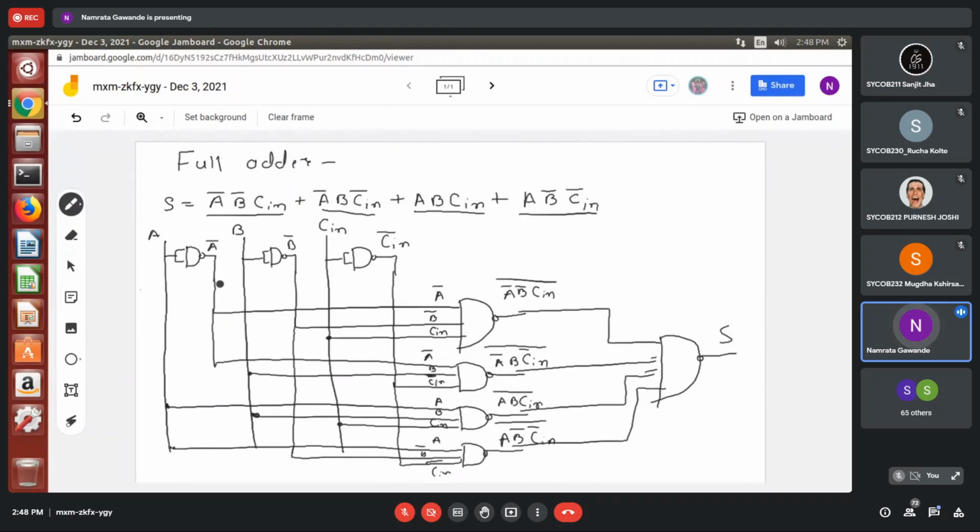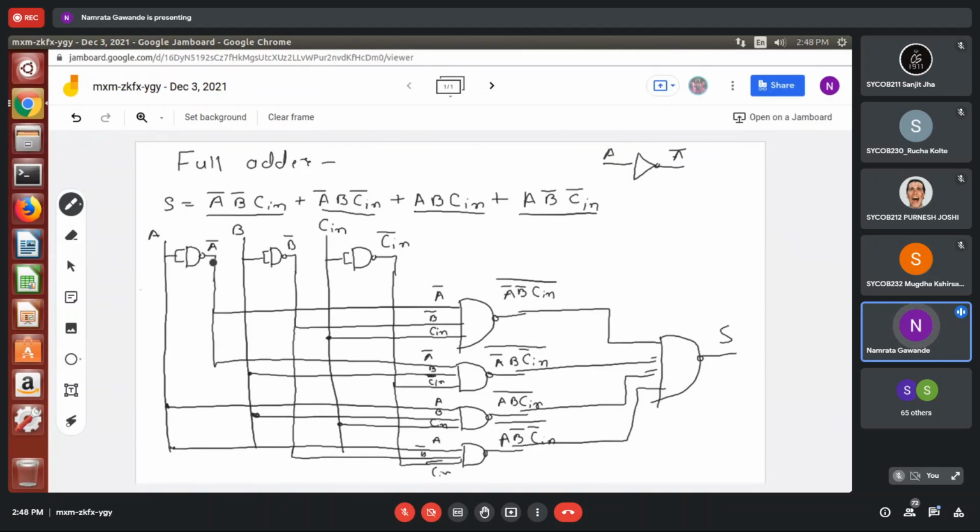Okay. See over here, I have used these NAND gates. I have not used the NOT gates. You can also use the NOT gates if it is not specified. But if it is specified full adder using NAND gate, then compulsorily you have to use the NAND gate instead of the NOT gate also. With a NOT gate, we get A, inverting, meaning we get A bar.